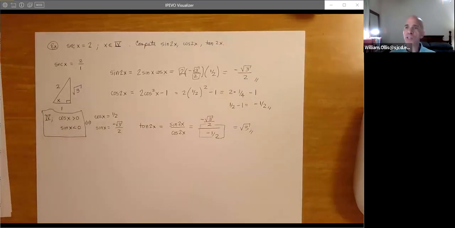So what I want you to take away from today is that now we have some new ingredients to put everything together. And then for the next class, we're going to take some of these new identities and we're going to solve trig equations. And we're going to look at it algebraically, just like we do in college algebra, remembering the arithmetic of the unit circle.